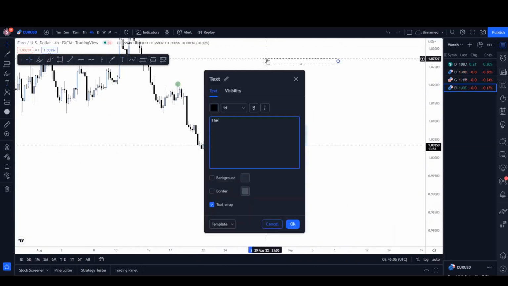So basically the pair that makes the lower low will have different structure, and this structure will transfer to the other pair as an obstacle